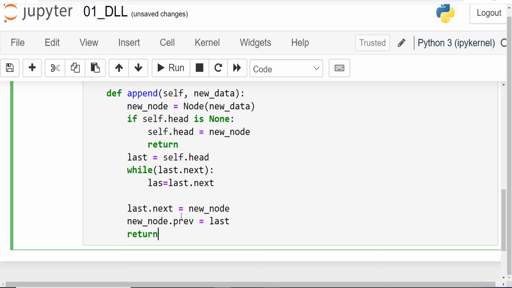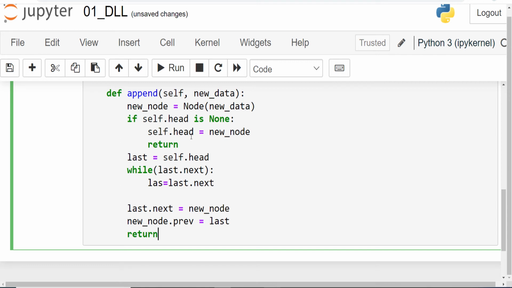Now let me check for the correctness of the logic, because we might have missed something, because this is a very complex piece of code. A doubly linked list is one of the most complex data structures, and we need to be very careful how we handle the next and previous pointers, because if we make a mistake, then we will not actually know until we execute that program. So here we have the append, self and new data, new node, node of new data.